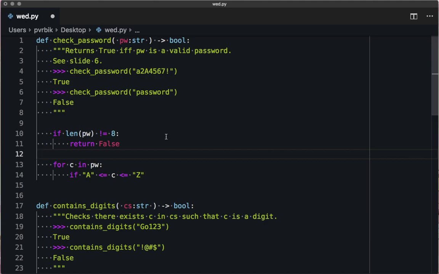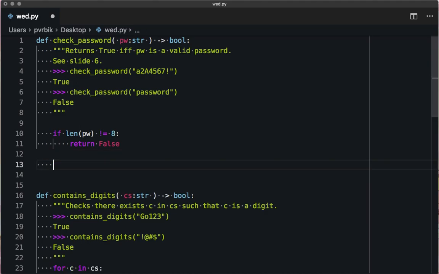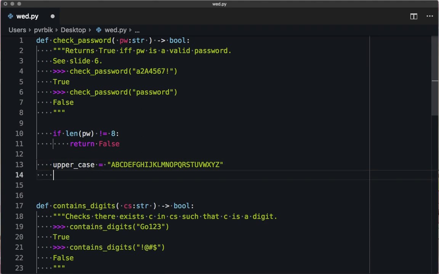Okay, I'm gonna do it the way that I was starting to do it. I was gonna say this: uppercase characters are A, B, C, D, E, F, G, H, I, J, K, L, M, N, O, P, Q, R, S, T, U, V, W. Did I miss anything? No, Z's not a real letter, guys. Okay, so if